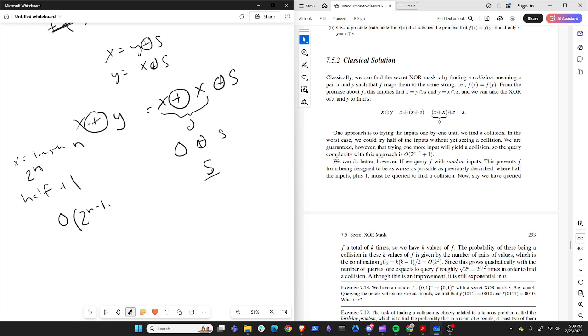And we would need to look at half of those states plus 1 to see if there is a collision that occurs, where we take f of x and f of y and we see if it's the same thing. If that does not occur by the time we've gone through half plus 1 of the inputs,